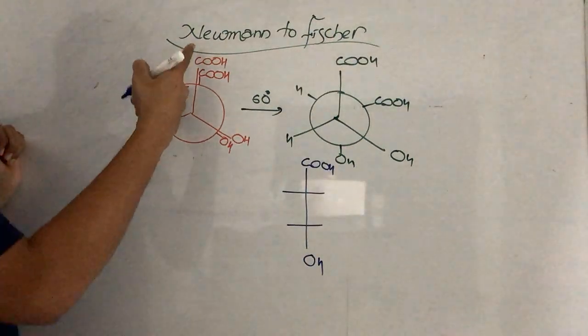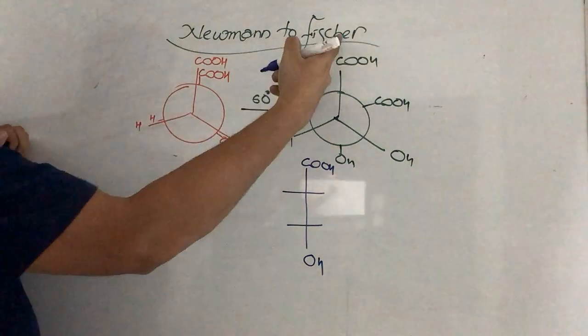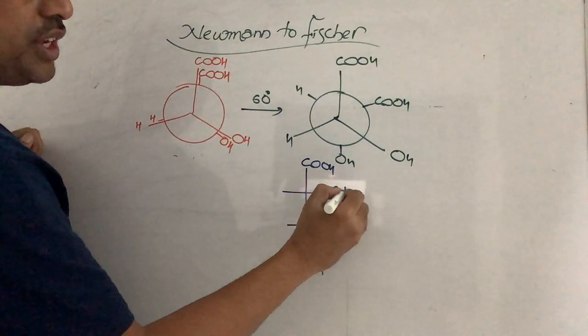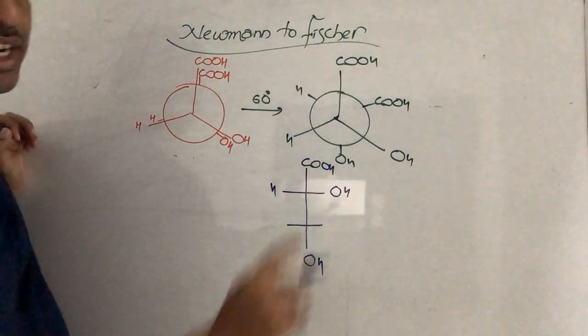Okay, now here one COOH, carbon, carbon, COOH. This is all we have taken on one line, but here we are taking like this. Now you write this as it is: OH and H, OH and H, COOH. This carbon is attached with OH and H. This we are not changing anything.